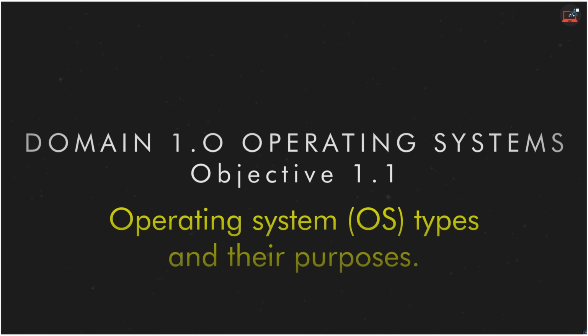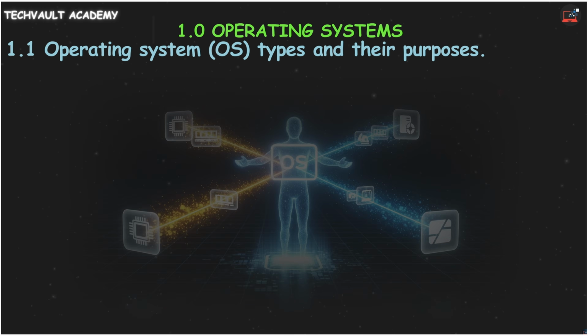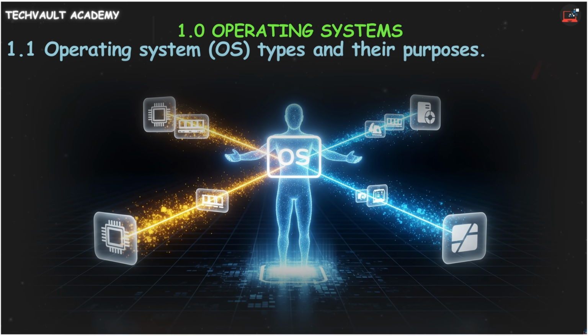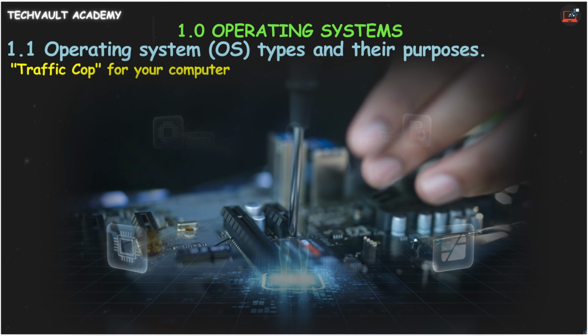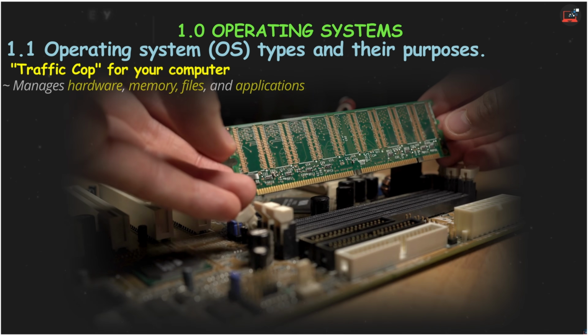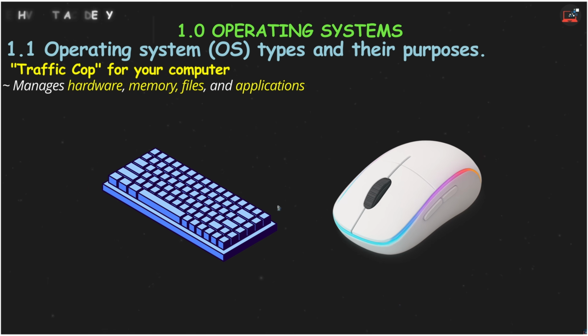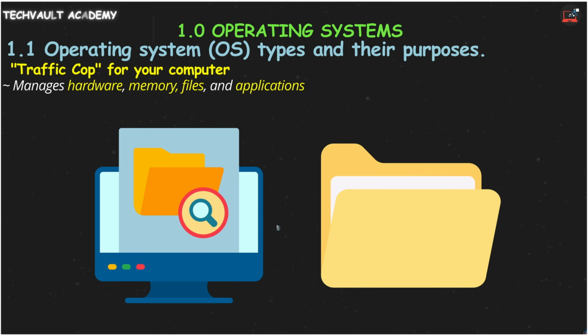Let's break down Objective 1.1, Operating System Types and Purposes. First, what is an operating system, or OS? Think of it as the traffic cop for your computer. It's the essential software that directs all the communication between your physical hardware and the applications you use. It manages your memory, processes input from your keyboard and mouse, handles files, and gives your applications a platform to